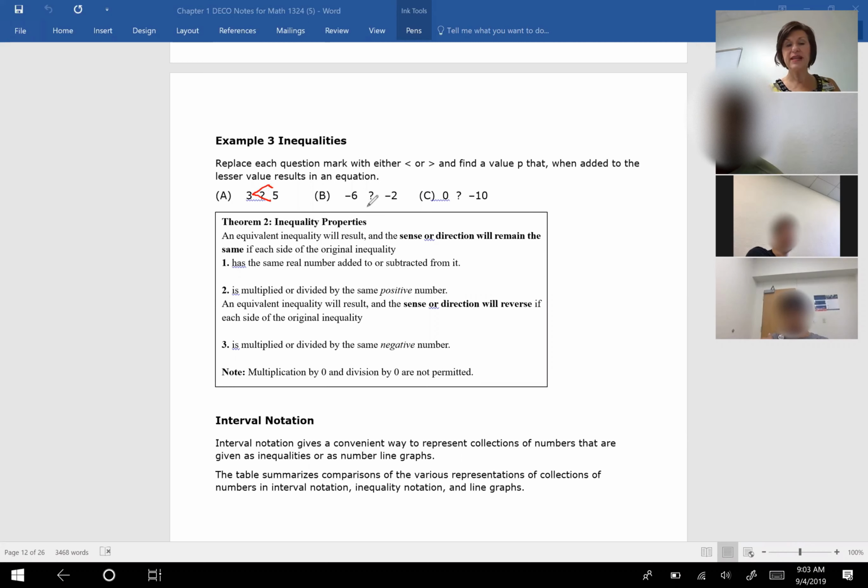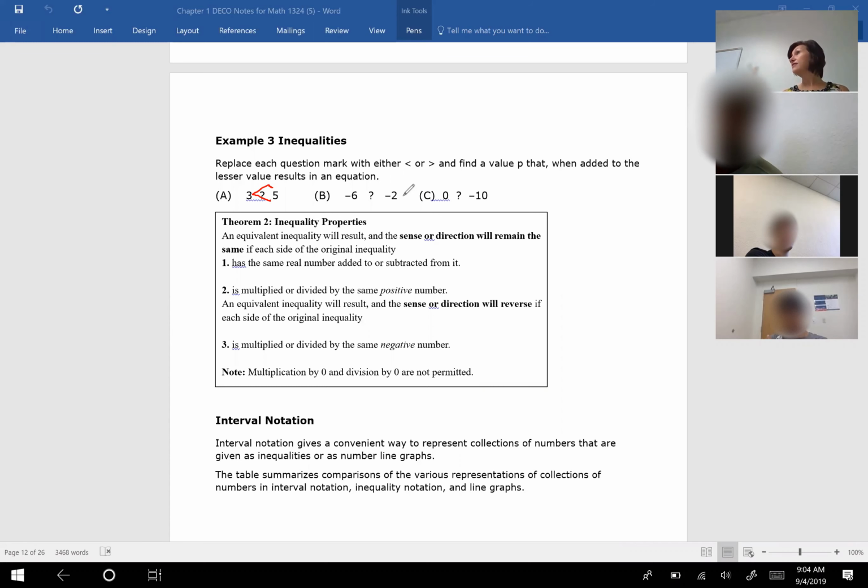What would you put between -6 and -2? Very good. If they're both negative, you kind of have to think opposite. Remember, when you're on the left side of 0 on the number line, if we were looking at the numbers and thinking about absolute values, then we would think, well, 6 is bigger than 2. It's true when they're positive, but if you're on the negative end, because it's talking about distance from 0,